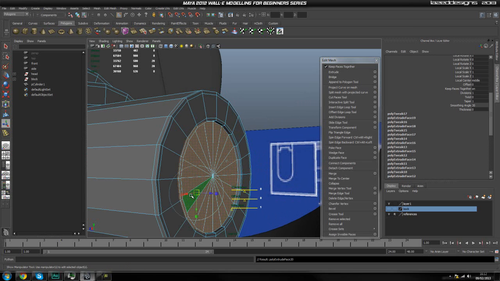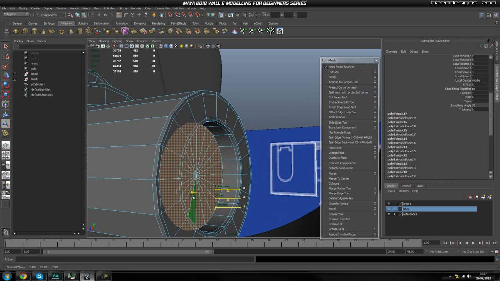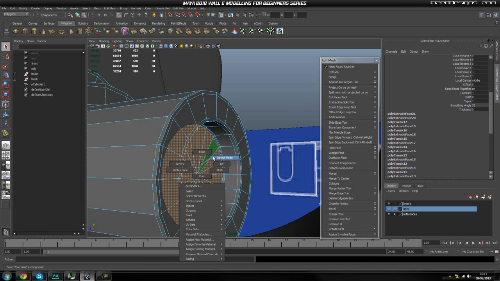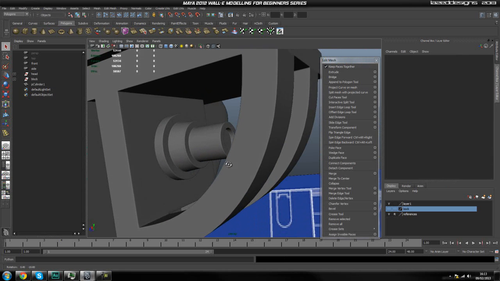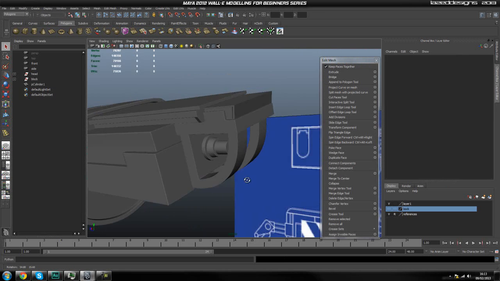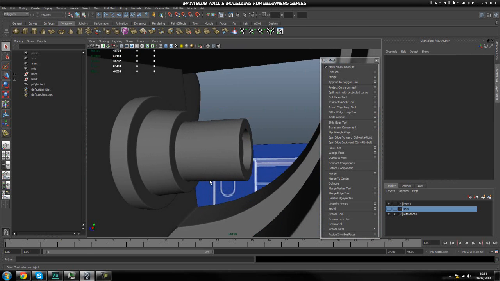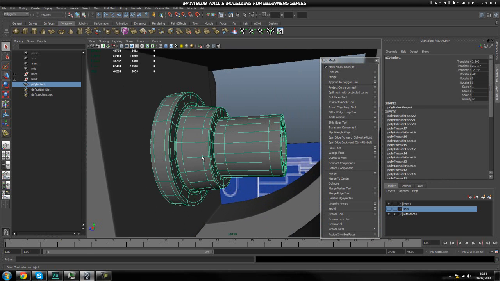hit extrude one more time, drag in our actual bit that we need, and then hit extrude again, move it in, move it down, and then hit extrude one last time, scale it in, and that should hold its shape now. So I'm just going to go ahead and press move, and we get our beautiful plug that we just created. So now that I have that,